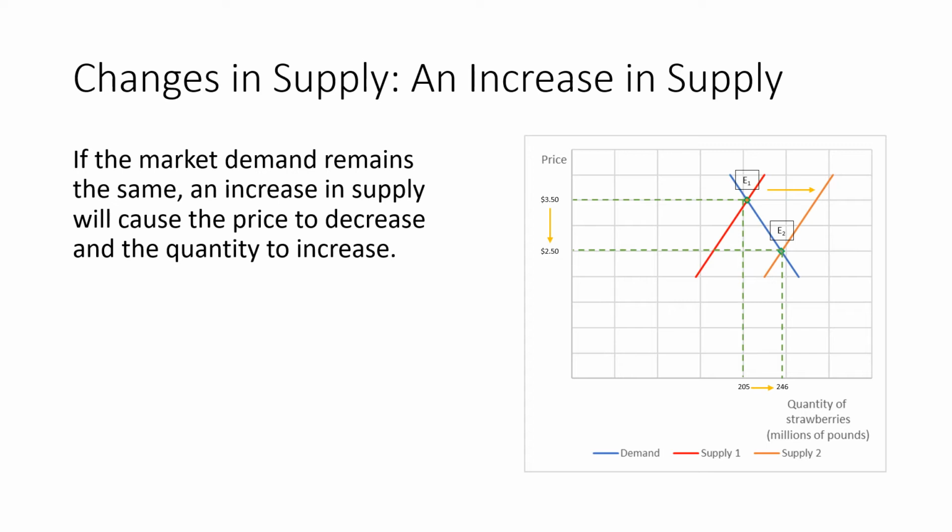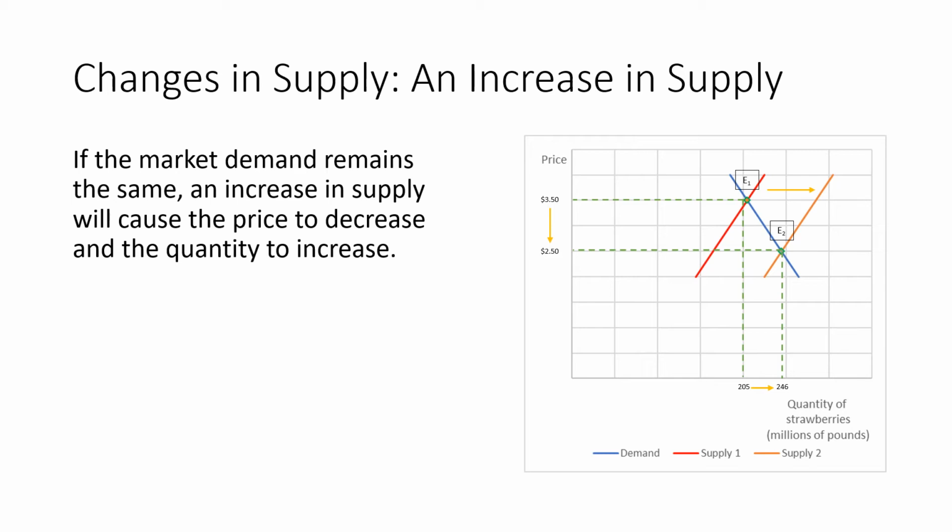Again, I've indicated those exact quantities here. In the spring of 2011, strawberry producers found that their fields were producing far more strawberries than in 2010 because of an unusual combination of sunshine and rain. An abundance of fruit made producers willing to supply more strawberries at each price. Supply increased, and the supply curve shifted rightward from supply 1 to supply 2. This shift caused an excess supply at the initial price. As a result, the price fell, and the market moved to a new equilibrium at point E2,